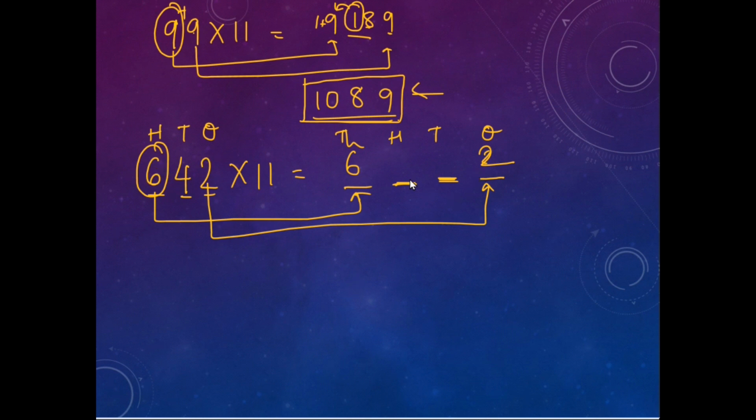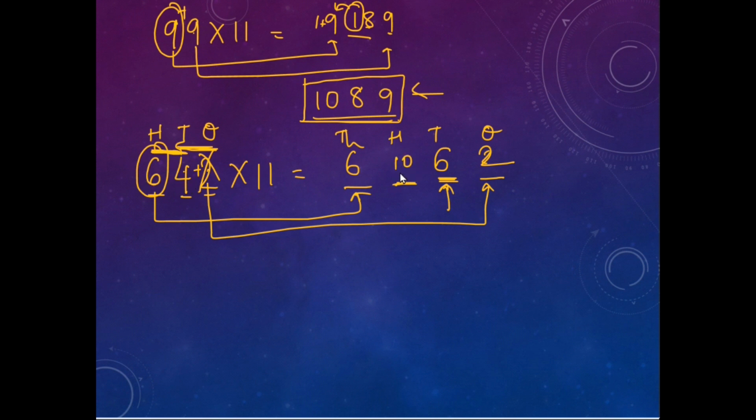So while putting the answers for the tens place, you will start adding the numbers from the right end of the number. So from the right end, when you start, your first pair of numbers are 2 and 4. So when you add 2 and 4, you will get a 6 here. Then your second pair will be 4 and 6. So you will drop down this 2 and then you will continue with 4 and 6. 4 and 6 is a 10.